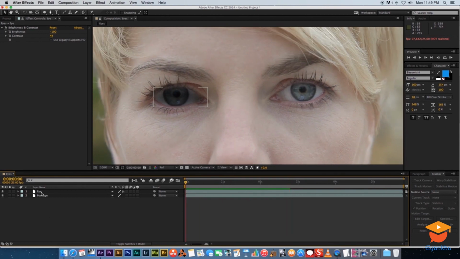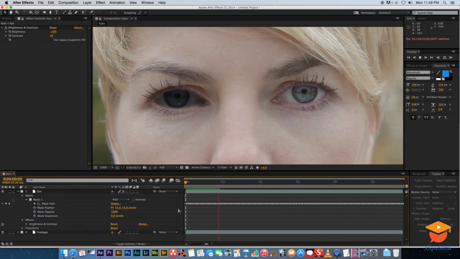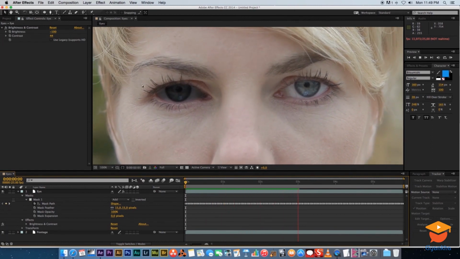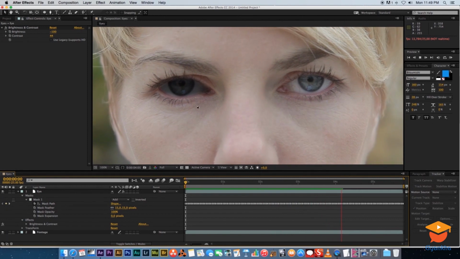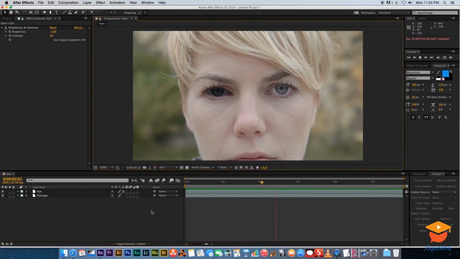Let's just adjust that feather. I think 30 is a little bit too much. So let's just expand that. Let's set that down to about 15, and let's play that back again. So as you can see, that's looking pretty good. You can't really see the mask moving around. That's pretty solid. Okay, so that's the basic uses of masks and also how to rotoscope in After Effects,